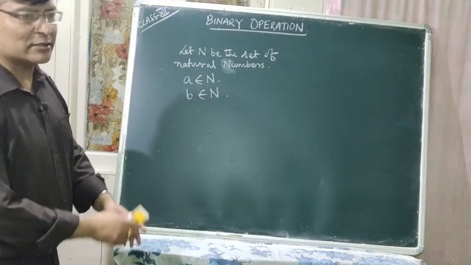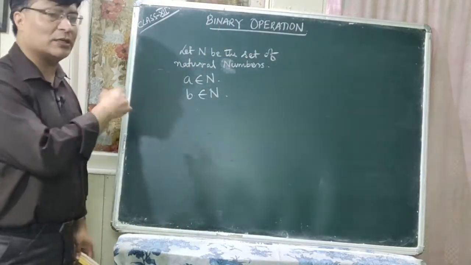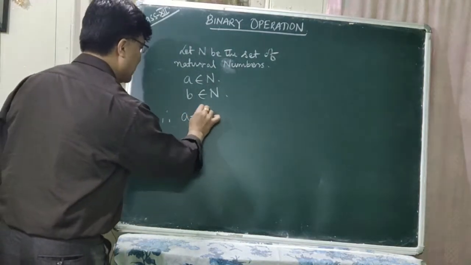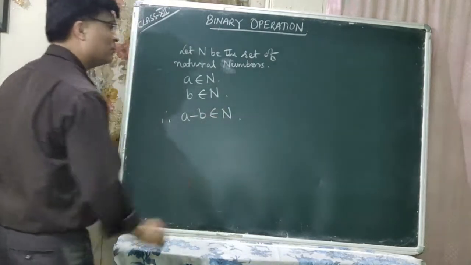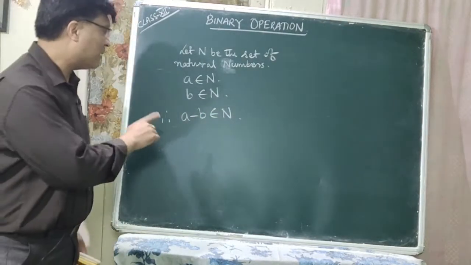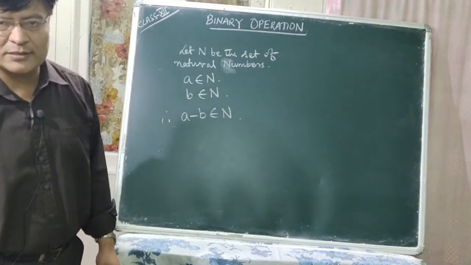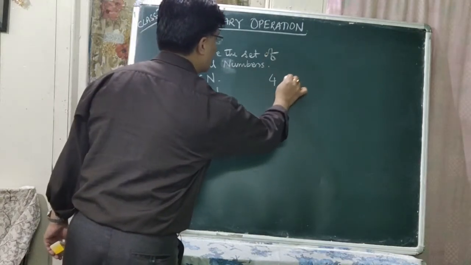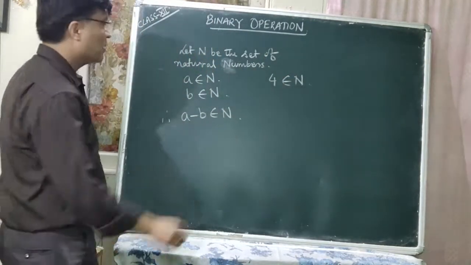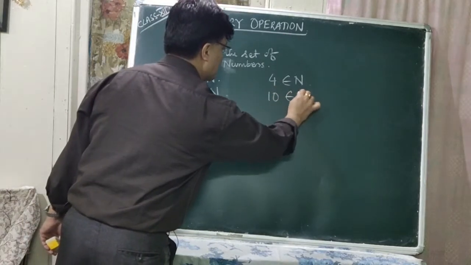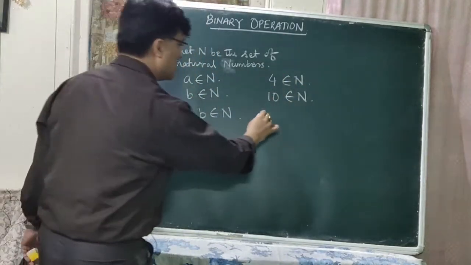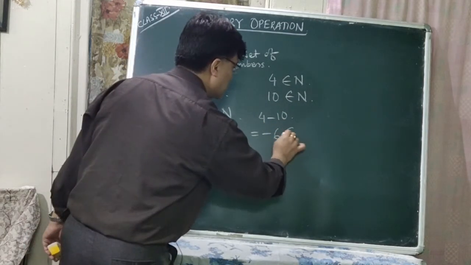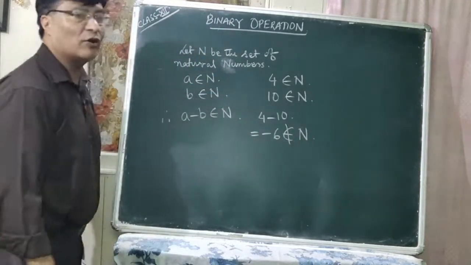Let N be the set of natural numbers, with A belonging to the natural numbers and B belonging to the natural numbers. Can you say that A minus B belongs to the set of natural numbers? Let us take an example. You know that 4 belongs to the set of natural numbers and 10 belongs to the set of natural numbers. Their subtraction, 4 minus 10, is equal to